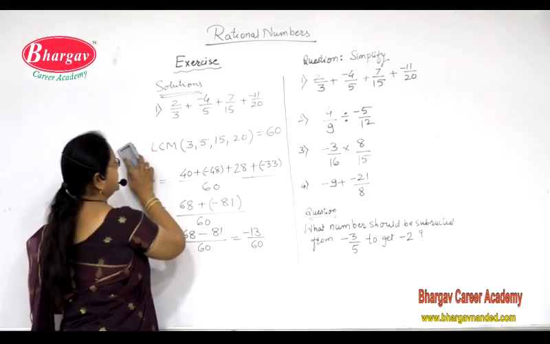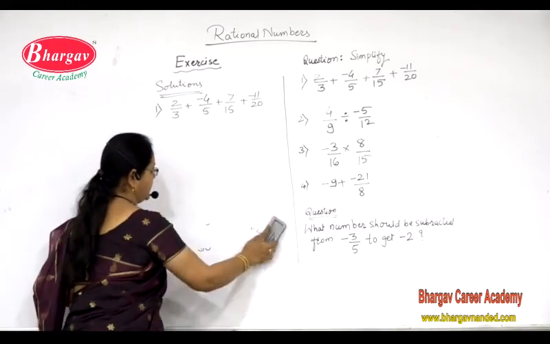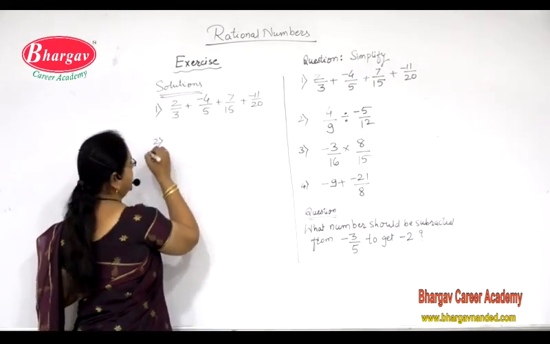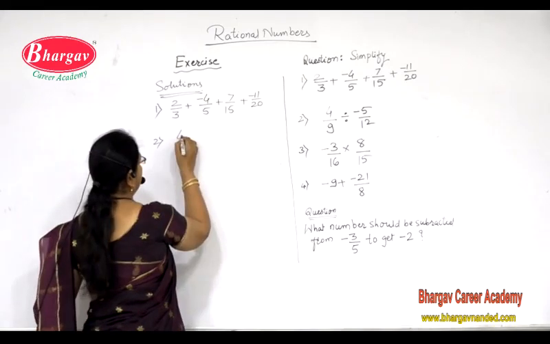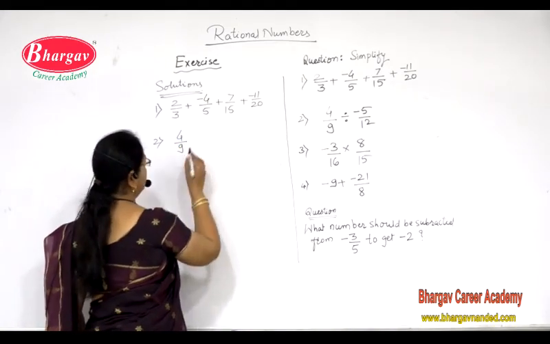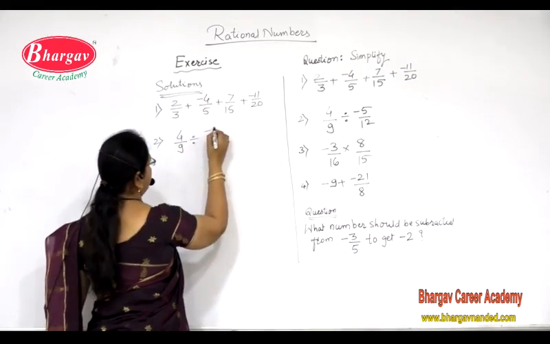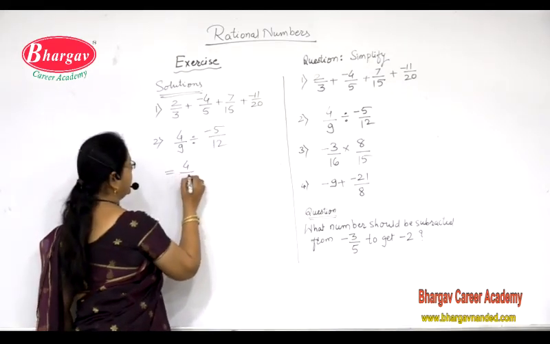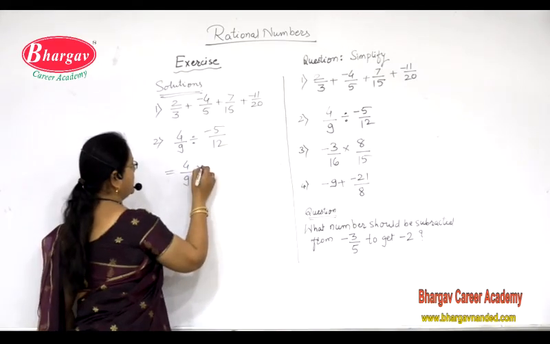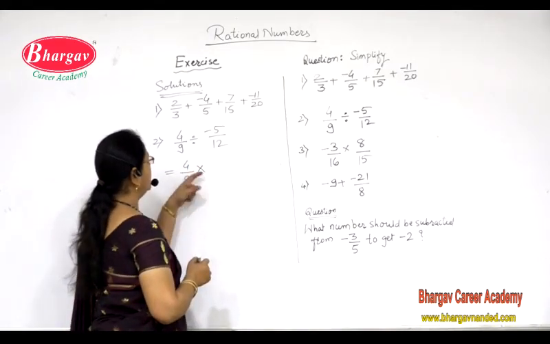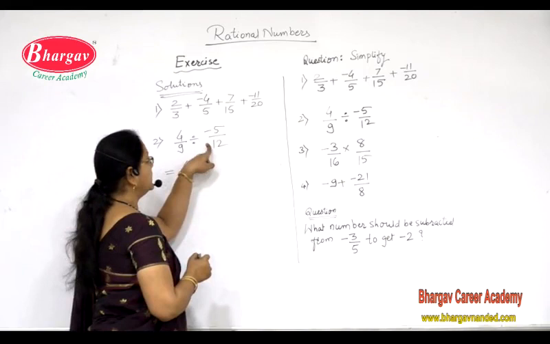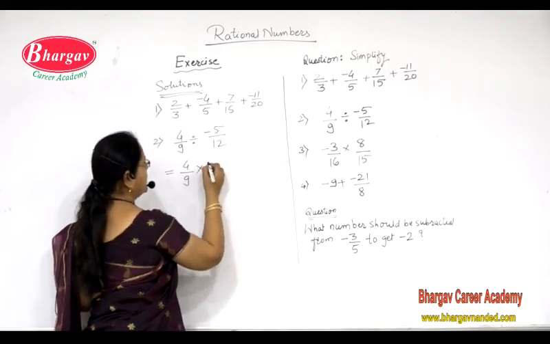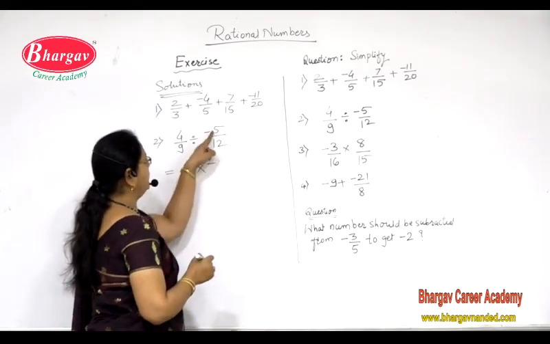Let us solve the second example from this exercise. So as I have already told you, there is no such division in rational numbers. We convert this operation into multiplication. So I write it as 4 by 9. Change this sign, division into multiplication, and take the reciprocal of the second number. So reciprocal of minus 5 by 12, this minus will be as it is, and we take the reciprocal